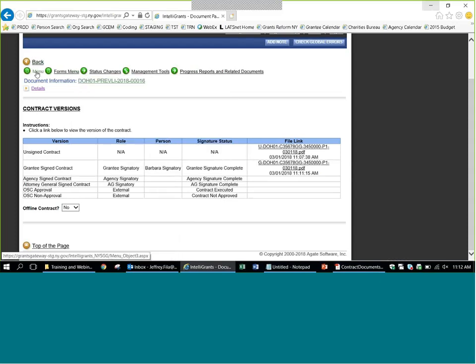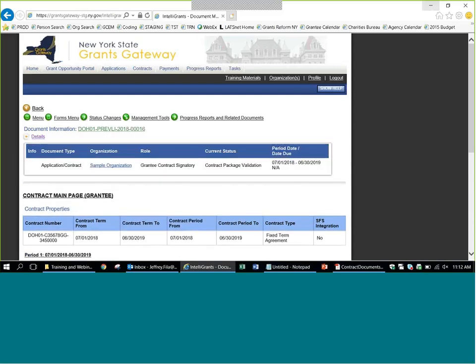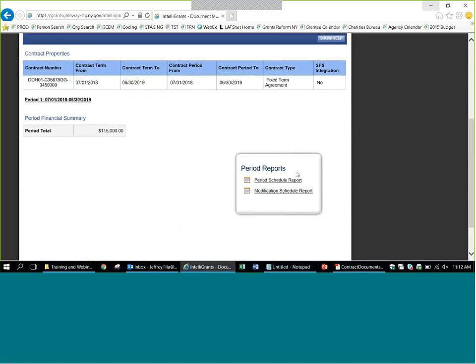And if I went back to menu on the home page, and we can see the details, I can see it's now in this status called Contract Package Validation. That's an internal status that the contract manager is doing. But if you wanted to remember that status report, or the schedule, that's that period schedule report. And this is the last thing I'm going to show you. If you click on that